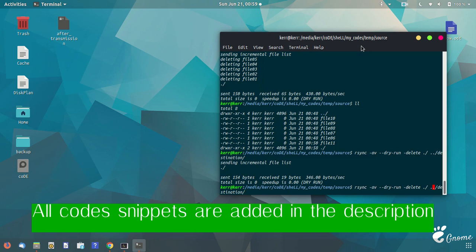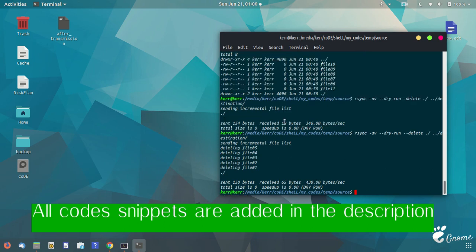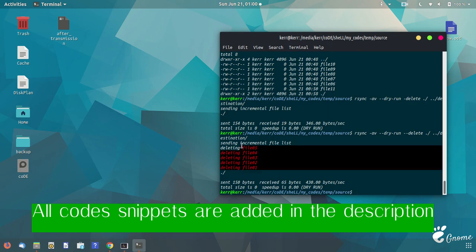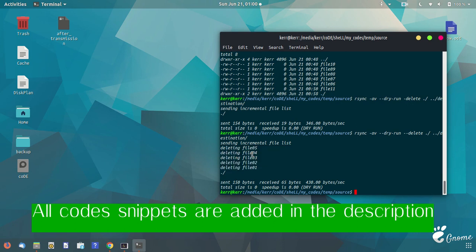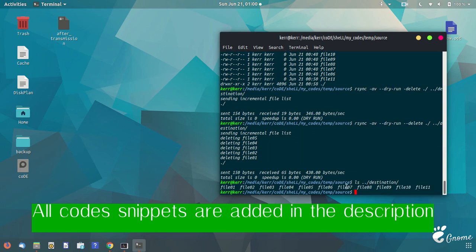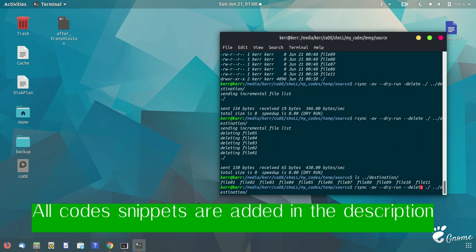Okay, so there should be --delete. See, there are 5 files that should be changed within the destination, because we have removed these files from the source. They should be removed from the destination, but they have not been deleted from there yet. So now we will use that command without dry run.